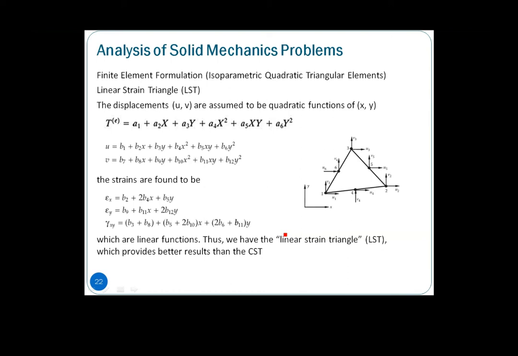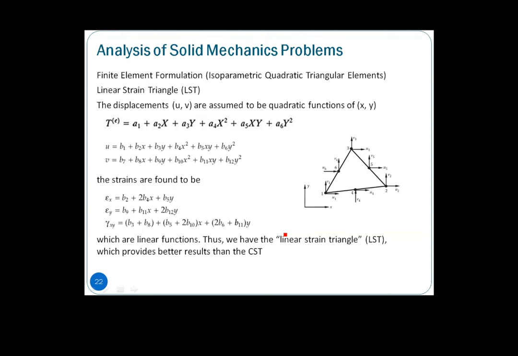Okay, so if you look into this, we have also derived previously our T is A1 plus A2x plus A3y plus A4x squared plus A5xy plus A6y squared. Right. So in terms of displacement field, U and V, basically it is also represented as you have seen here. Okay. So the strains itself, okay,